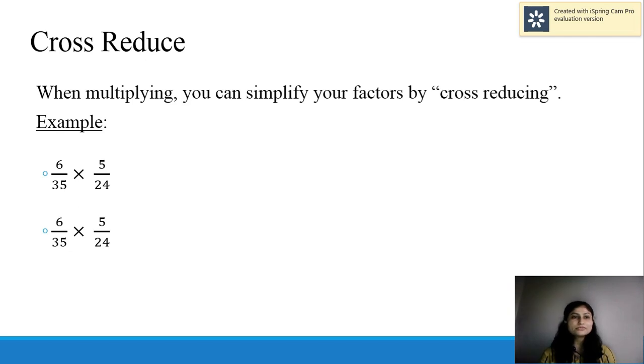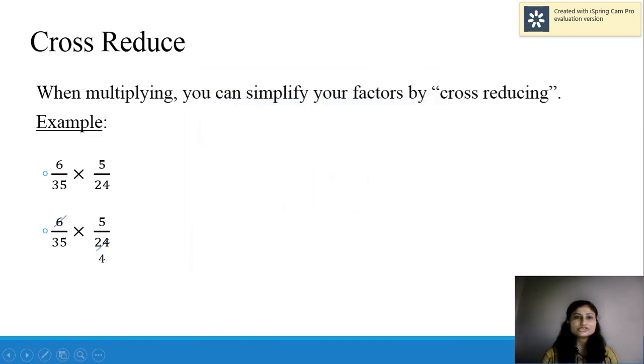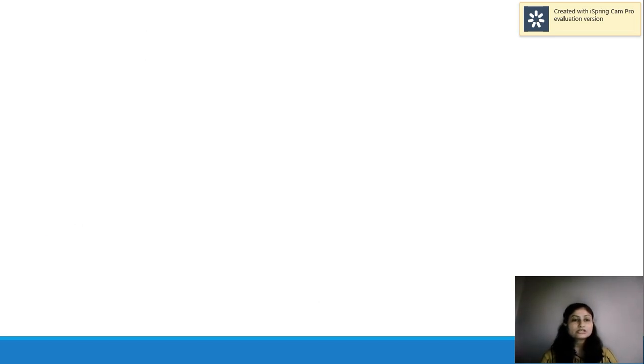We have one example here, 6/35 multiplied by 5/24. So how can we cancel the common factors of numerators and denominators? Let's check it. Here 6 is common in numerator 6 and denominator 24. So 6 4s are 24 and 5 7s are 35. So 5 is also a common factor in numerator and denominator. And then after that,